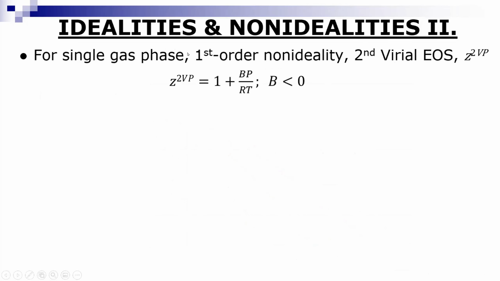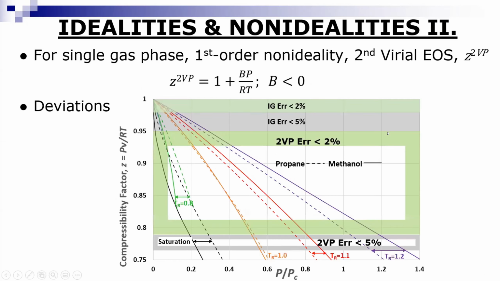Now, if we go to the first order correction, which is the virial equation of state, this is where you add to the unity a term with the second virial coefficient and the pressure divided by RT, and B, the second virial coefficient, is less than 0 over almost all the conditions that we deal with in processing. Now we see the plot where the compressibility factor is a function of reduced pressure for the same substance,